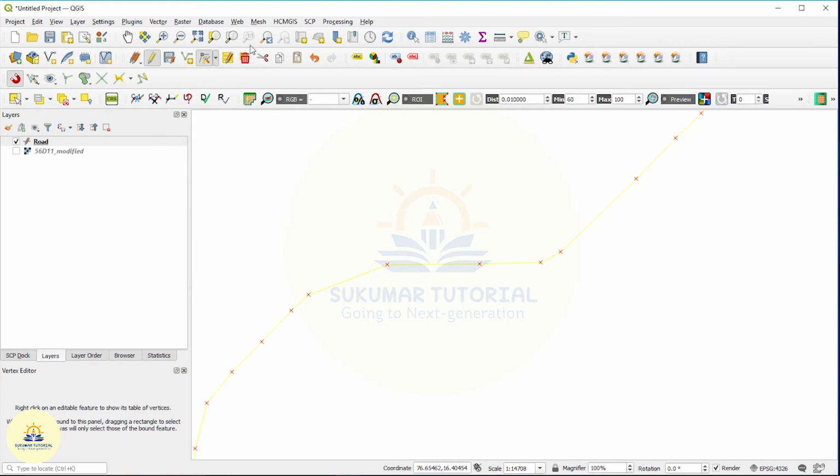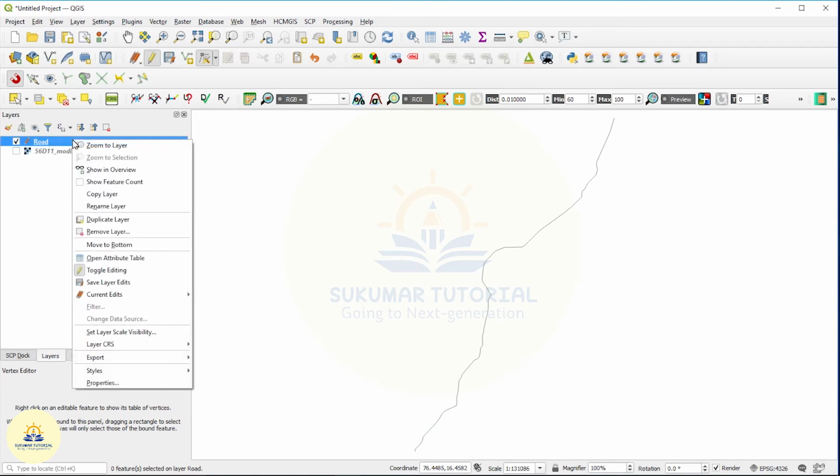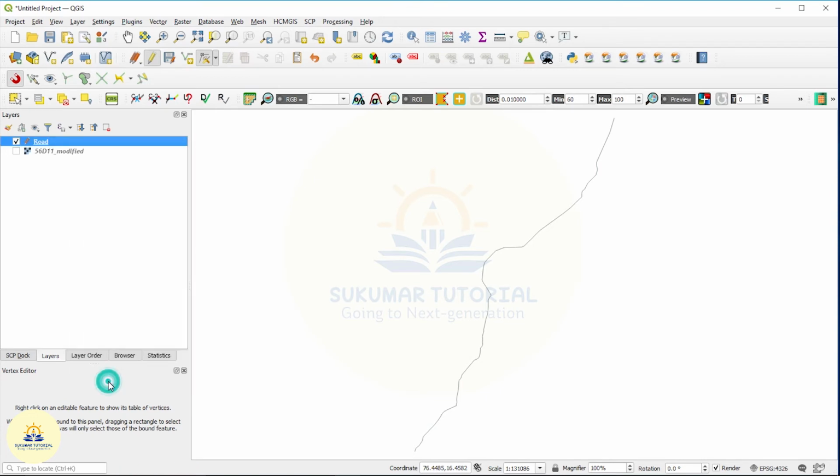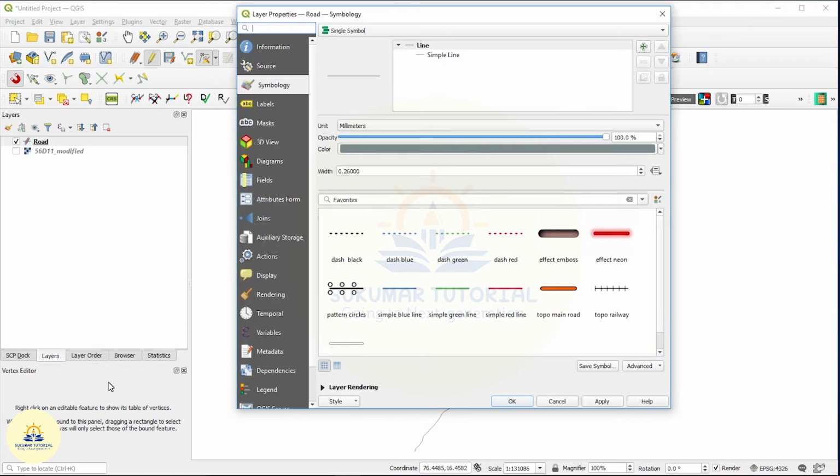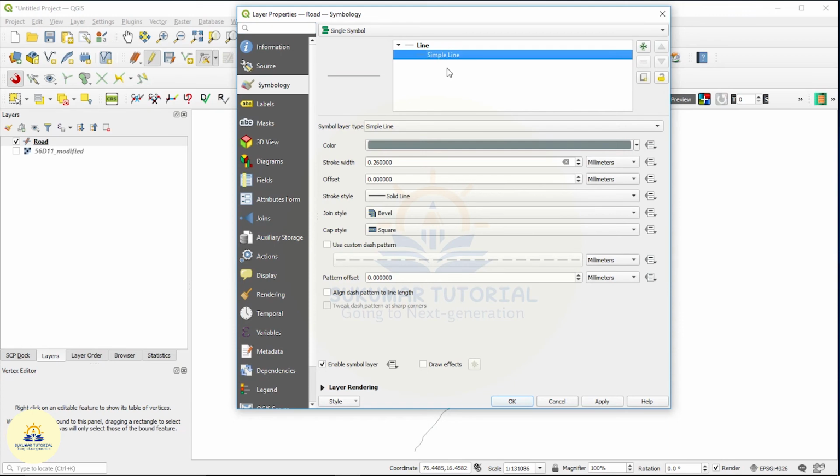So I am once again seeing the full view and then deselecting. Then I wanted to change the color of the road, for which again I have to go to road, right click it, go to the properties, see single symbol, simple line, you highlight it, you get color.